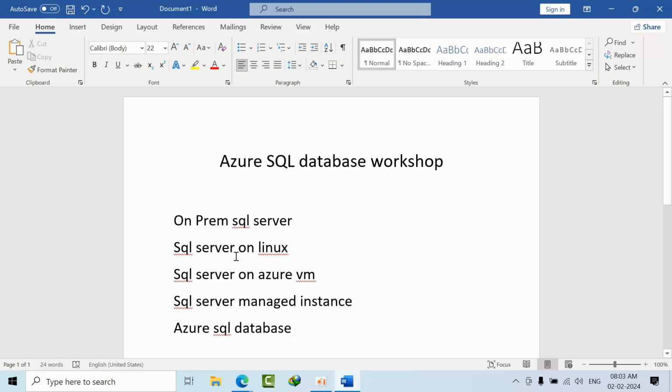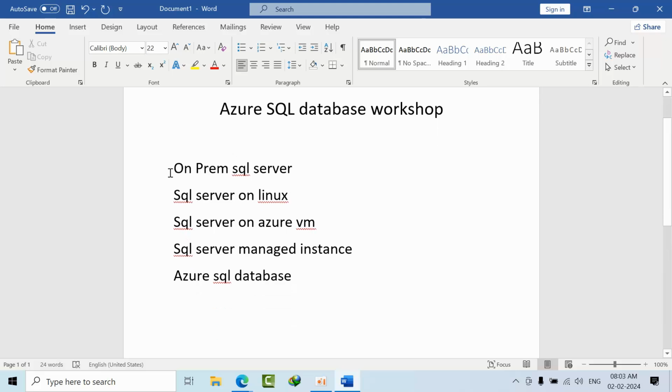So these many SQL servers we have. If we learn on-prem SQL Server, everything will be easy. We just have to know which features are supported and which are not. That's the only thing we need to learn.